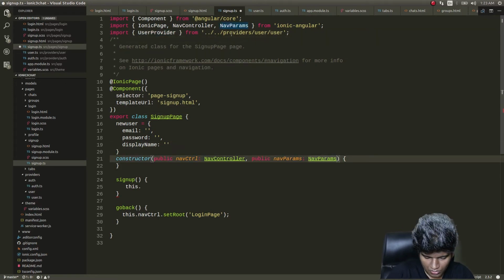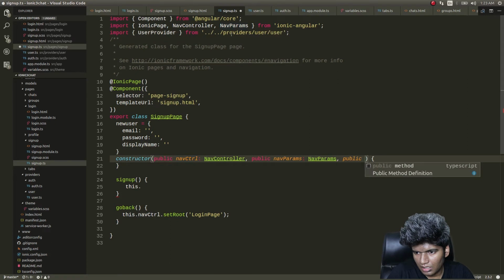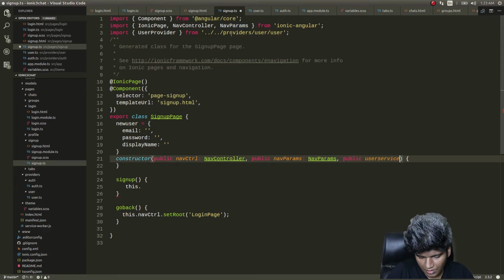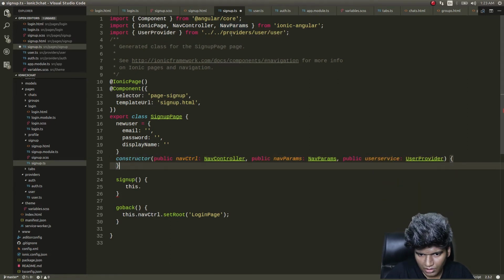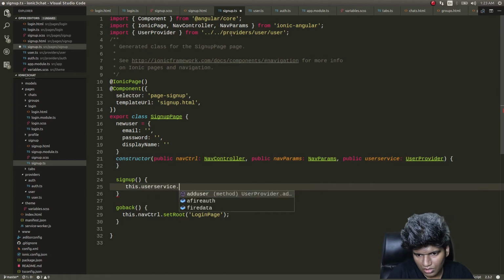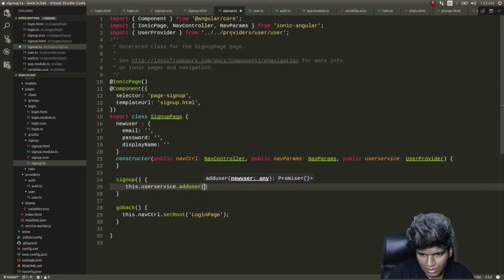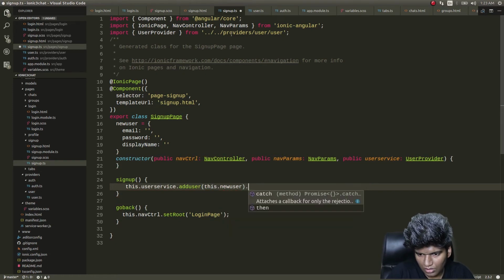And here I'll give public userService. Okay, this.userService.addUser, and inside the addUser we will pass our new user. It's not newUser, this.newUser, right? this.newUser.then